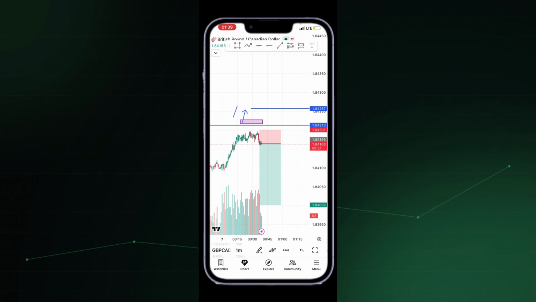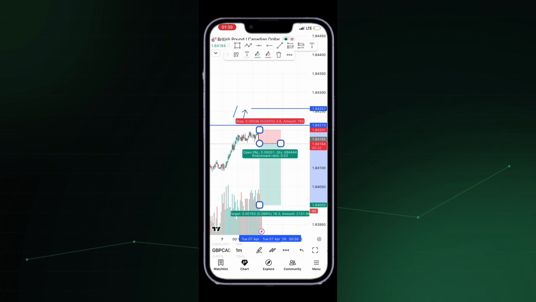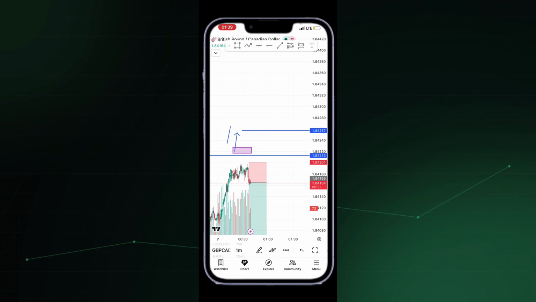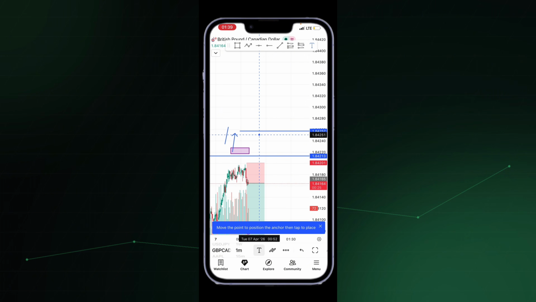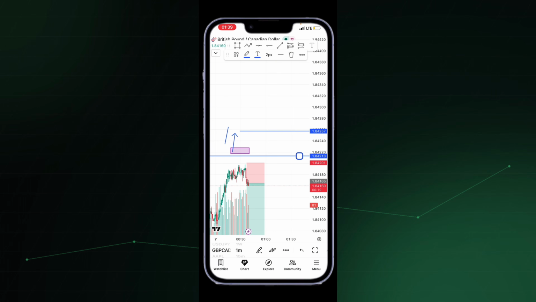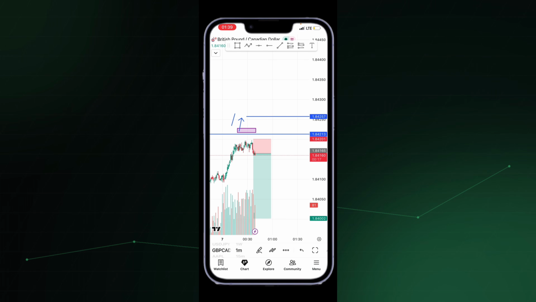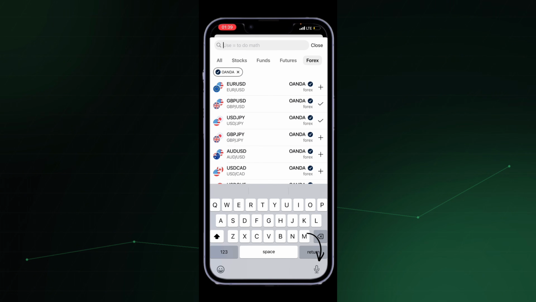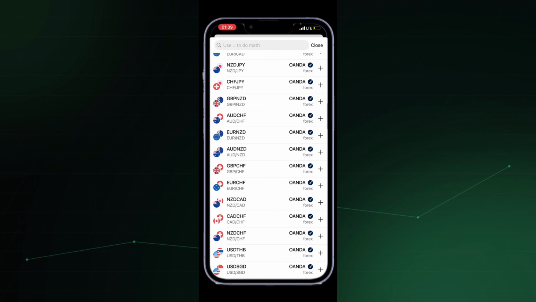So this is basically a measurement tool that measures your take profits and your stop loss. It's very handy, so we'll be using it very much in this course. And then we have the text tool. The text tool is basically used to write some important things while we analyze. So that's basically the simple part. If you want to remove a Forex app, all you have to do is swipe and then you press delete. If you want to add, you come here, make sure you come to Forex, then Oanda, then you choose the currency pair of your choice.